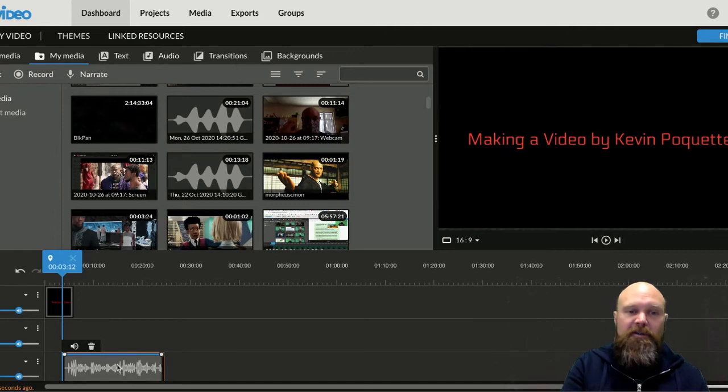Now what you need to do is go and get pictures of the stuff that you're talking about to go with your audio. So when you look at these layers here, you've got your tracks. The top one here, think of it like a cake. Whatever you put on the top is going to show up. So if you write happy birthday on top of the cake, you're going to see it. If you write it and then you put the frosting over it, nobody's going to know it's a birthday cake